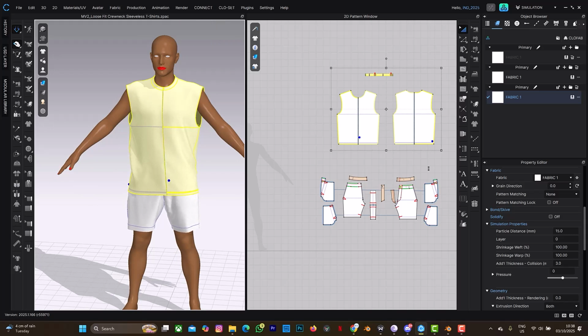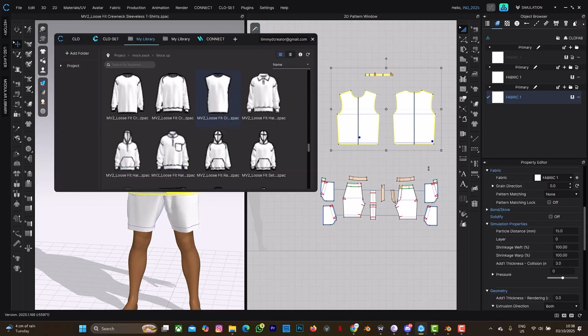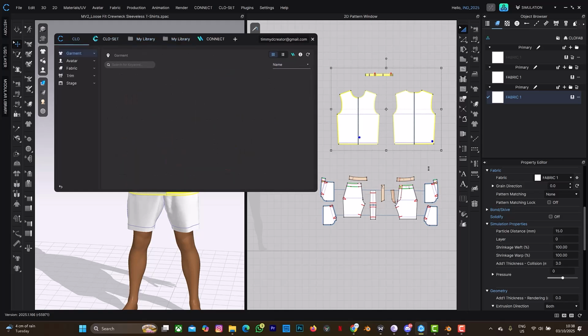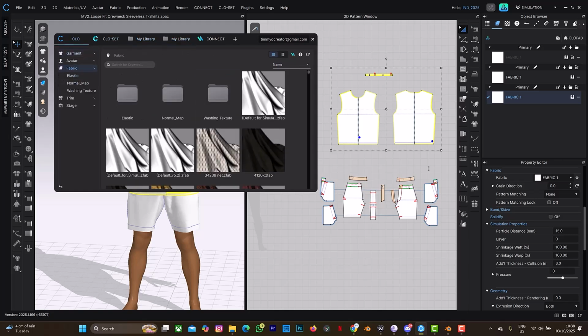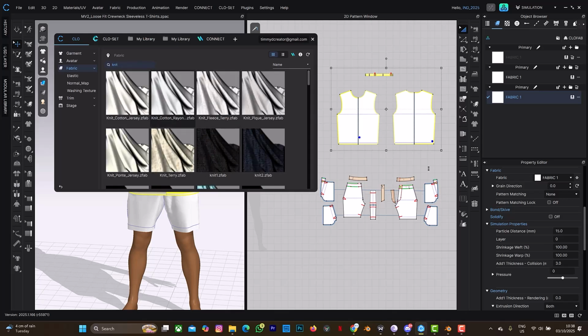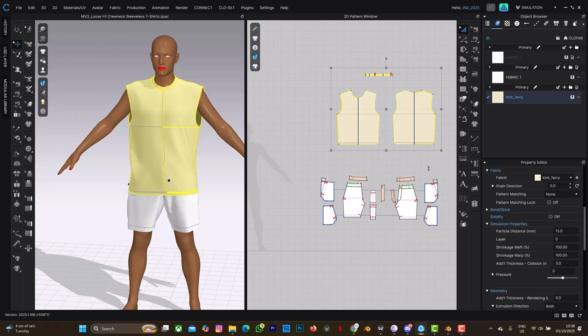So stop my simulation. I'm going to click on this. I'm going to go to my library. Sorry, go back to CLO, right? Fabric, yes. And let me look for a neat fabric. Just a neat fabric is fine. So neat, spacebar, and let me see. Let me use neat theory, and I'm going to drag this here. Good, and cancel this. Select all the pattern, yes, and